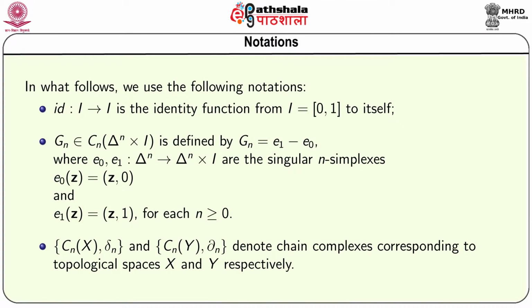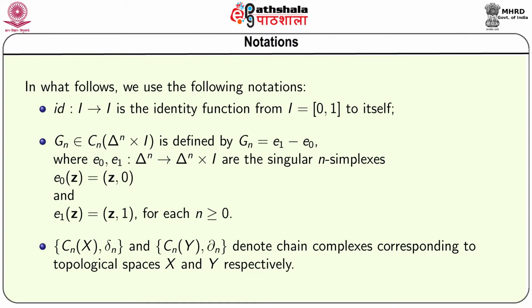In what follows, we use the following notations. ID will stand for the identity function from the closed interval 0 1 to itself. Gn is an element of Cn of delta n cross I, which is defined by Gn equal to E1 minus E0, where E0 and E1 are the